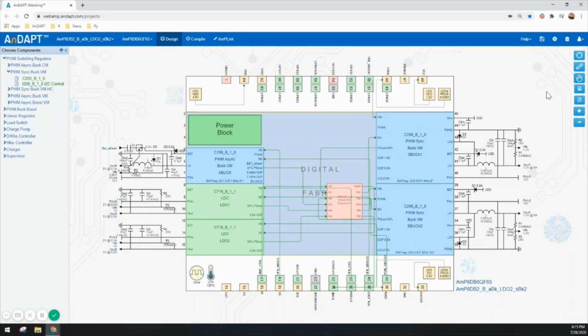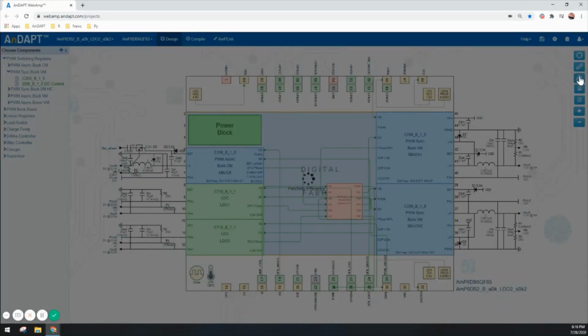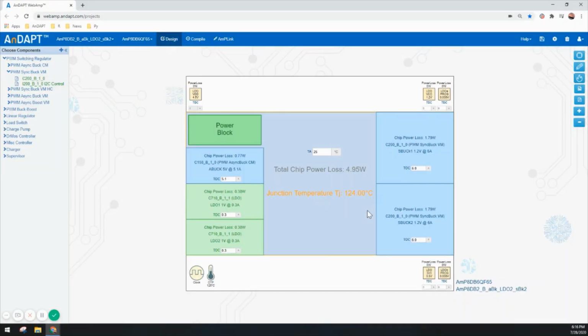So in this completed design, you can explore more about the thermal performance of your device using this thermal tab. You can punch in the TDC of different power components, how much thermal design current your part or each rail is expected to deliver, and then you can predict what the chip loss is going to be. So if I go here, like 2 amps,